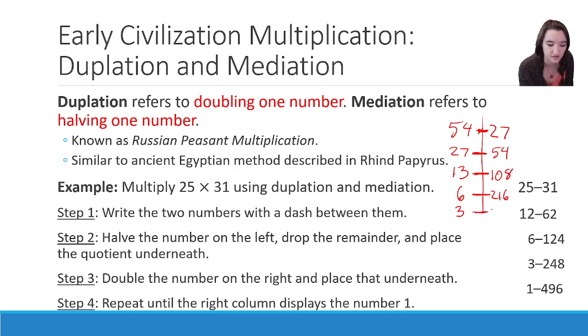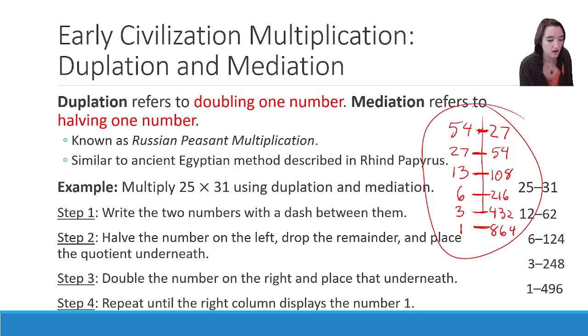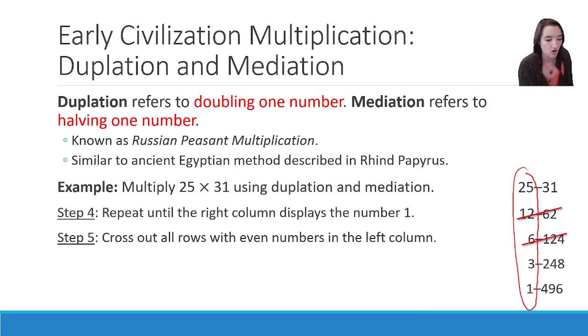Doubling 216 is 432. Half of 3 is 1.5, but again, we're going to drop that to 1. Double 432, we get 864. Okay, so now, once I have this, my next steps are to cross out all rows with even numbers